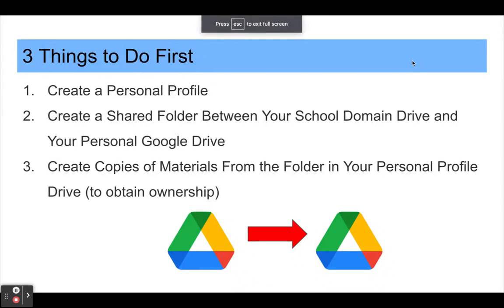All right, so you're going to take some time to create a personal profile. Once you have that personal profile, you're going to create a shared folder between your school domain drive and your personal Google Drive. That way you can drop files in that you want to keep. However, since it's coming from your school domain, that's where you created the file originally, that is who owns it. In order for you to have your own ownership over that particular file, like a Google Doc, you'll have to create your own copy. So this is only going to really work with things like slides, anything really